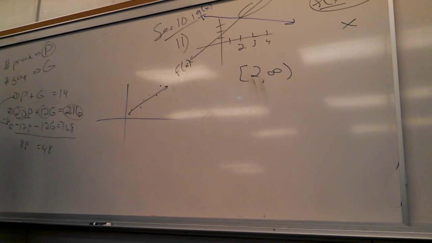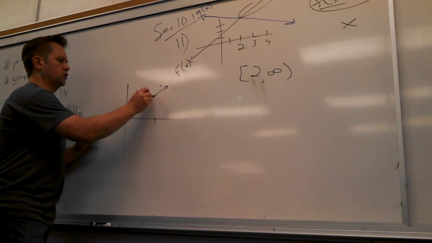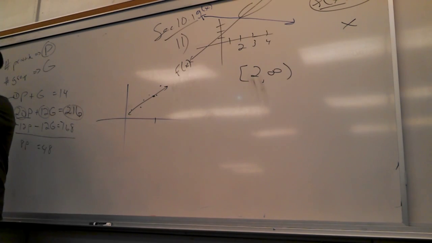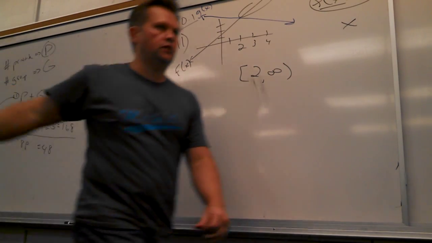So the points are not exactly on that line, but the line is kind of like an average of where those points are. So if I wanted to estimate at 10 a.m. what was the temperature, I can just plug it into the equation of that line and tell you. That's my best prediction for what the temperature was. So if I plug these in,